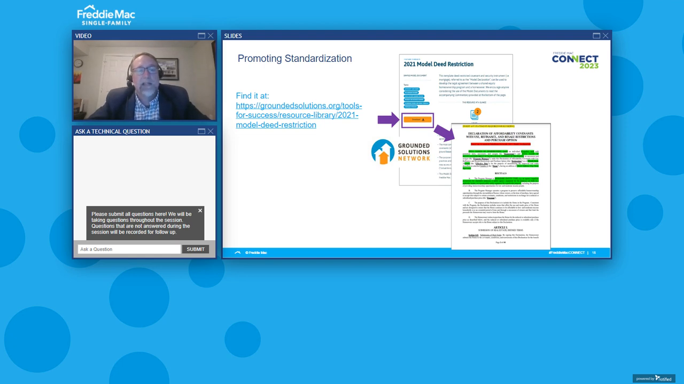So I know that if I live in Massachusetts, that time frame is 120 days. So when I'm creating my document to have the customer execute, I would put in 120 days. So this is just another tool that we're trying to get into the marketplace to promote standardization. That way it's easier for